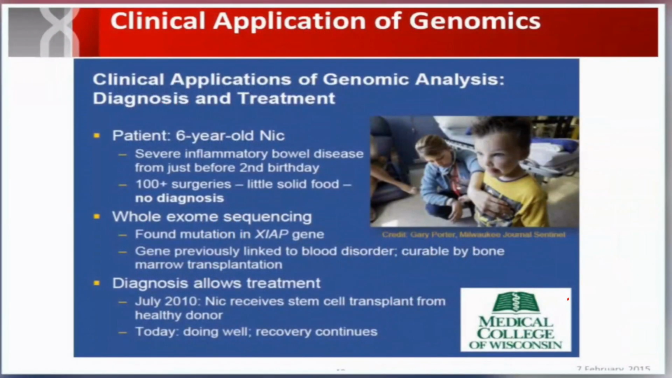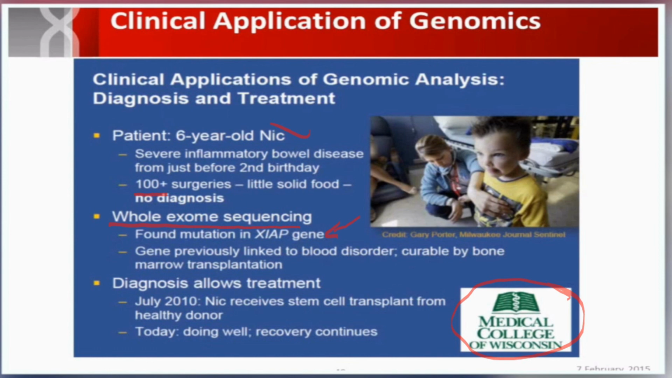This is another example published by the Medical College of Wisconsin. Nick, a 6-year-old boy, suffered from severe inflammatory bowel disease and underwent many surgeries, almost 100 plus, but was still not cured. After whole exome sequencing, that is a 20,500 gene study, they found a mutation in the XIAP gene, the X-linked inhibitor of apoptosis protein gene,